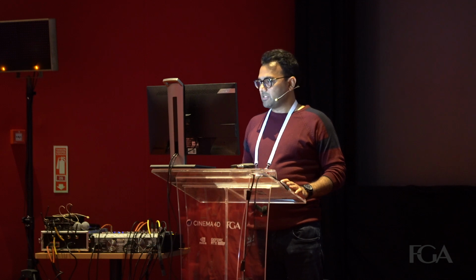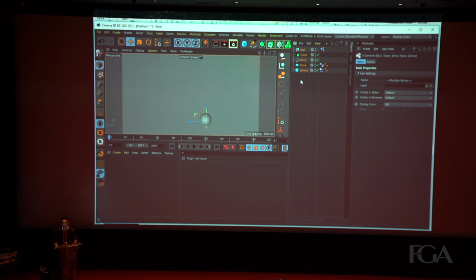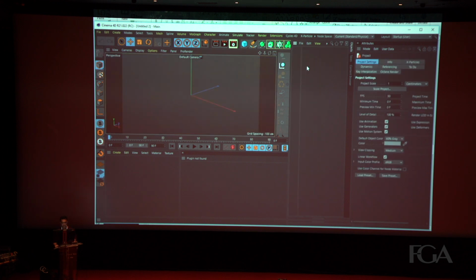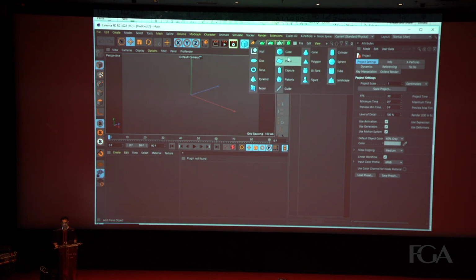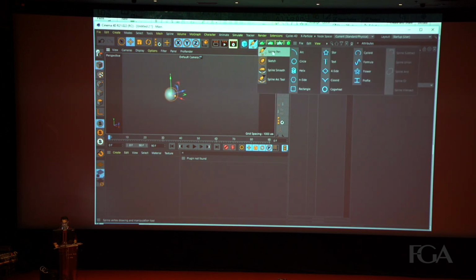And let me see if I can achieve the same thing using field forces, because I really want to talk about field forces, and there is a very nice solution for it.